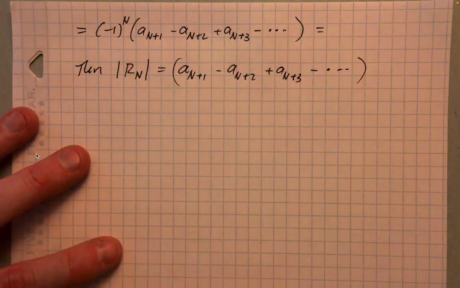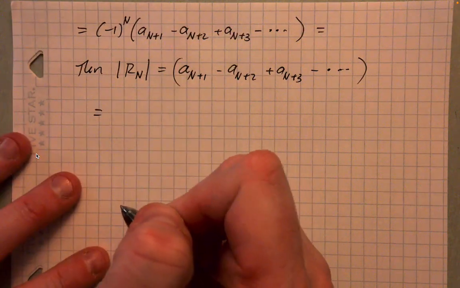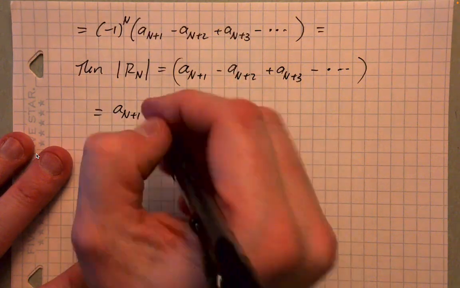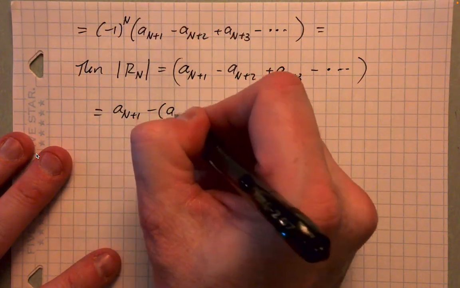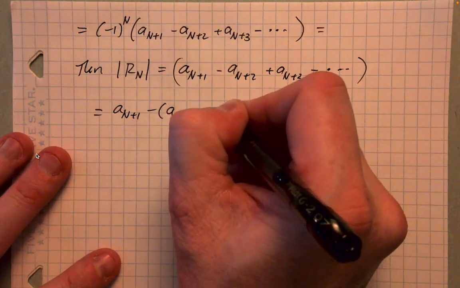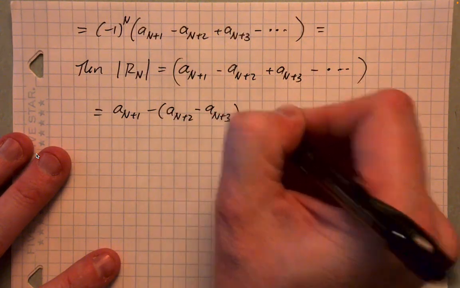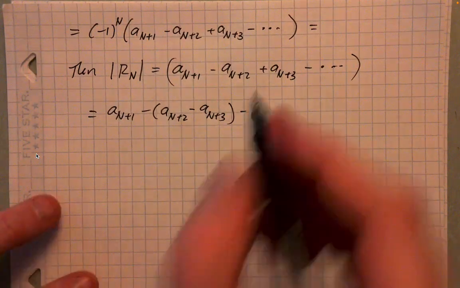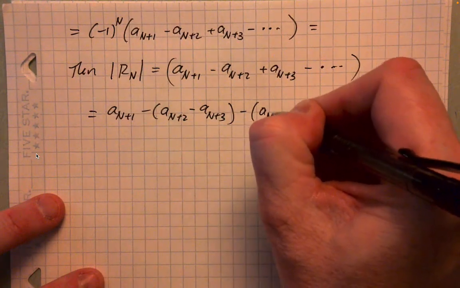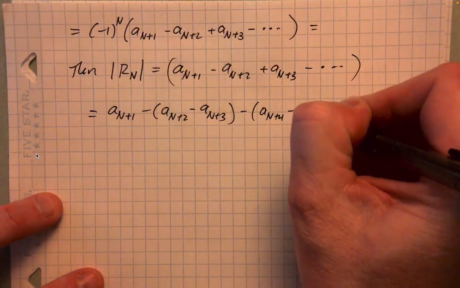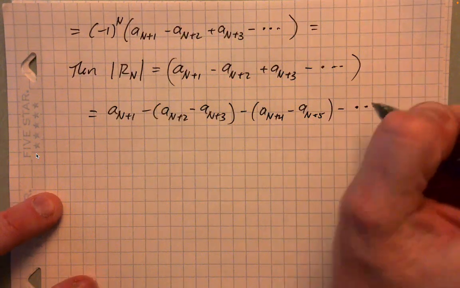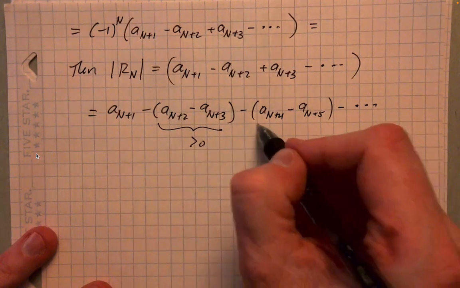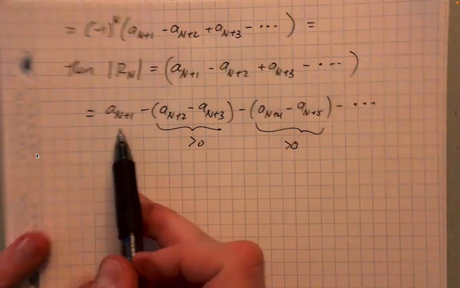And with this, we can do our little rearrangement trick. So let's write this as a sub n plus 1 minus a sub n plus 2 minus a sub n plus 3, right? And you'll see here that we're just basically successively factoring out negatives, right? So that we can write it in this form. Right, and so on. Okay. Right, and so we know here, just like before, that this is greater than 0. We know that's greater than 0, right? And so,